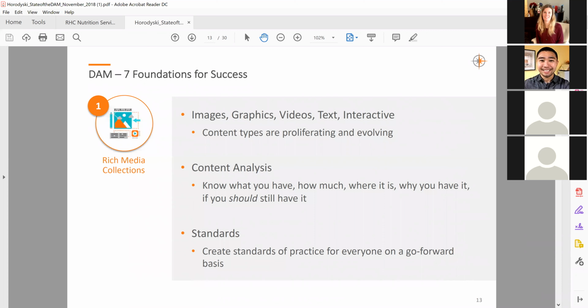One thing we always recommend doing is to perform a content audit and discover what you have, where it is, of course, how much you have of it, but then also ask why you have these things, what are you trying to do with them? Is the digital asset management system a work in progress, or is it for all final published assets, which is more of an archival function? Or perhaps you need the digital asset management system to do both. You have to start considering these things when you look at your rich media collection to understand what the DAM could be doing for you and your organization. So that's the first one.